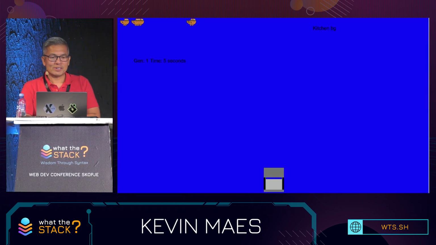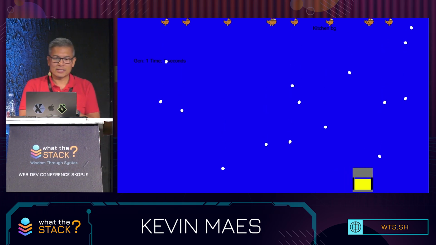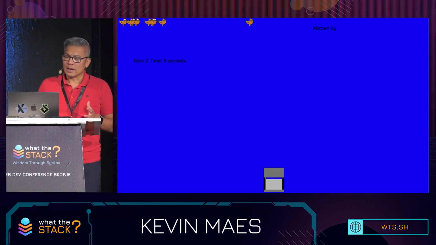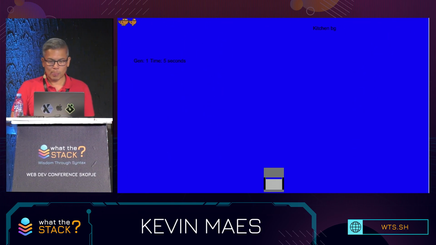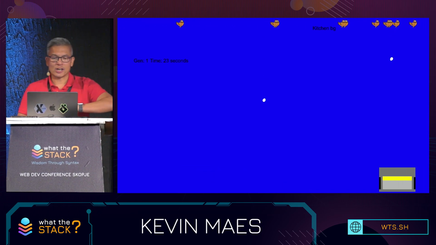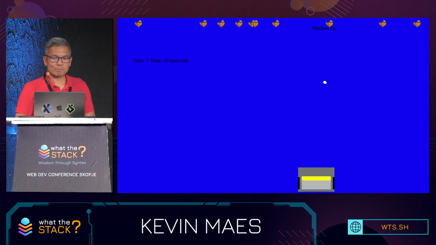Back to our prototypes. We now have separate Canva layers for static background, UI elements, and animated characters. We have a notion of a timer for each game level, and the state machine tells us when we're playing or when we're waiting for the next level. Here we just have a wider chef, makes it a little easier to catch eggs, and we'll give some thought to proportionality in this game as well.